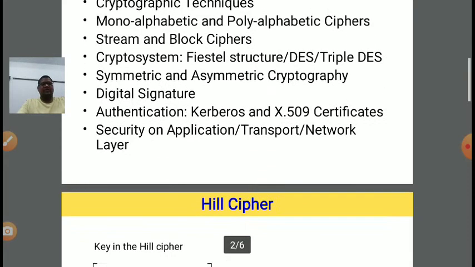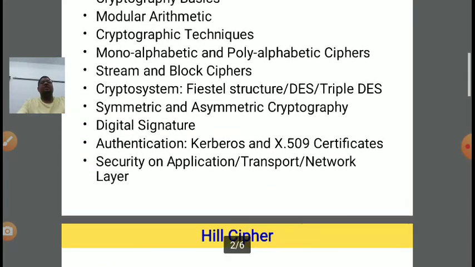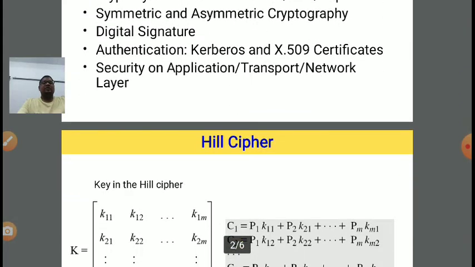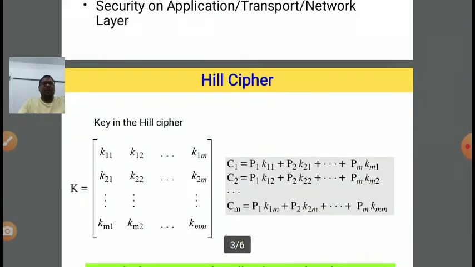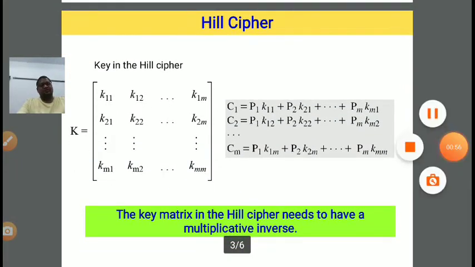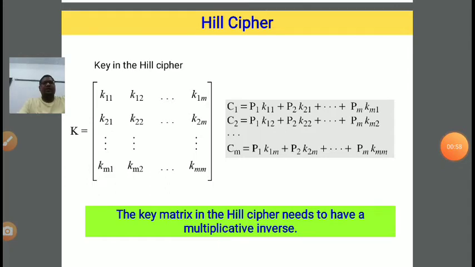So, in the previous lecture, we discussed in detail the Vigenère cipher. Vigenère cipher is a collection of various additive ciphers. Clear? So, in continuation to that, in today's lecture, we will discuss the Hill cipher. First, we will learn about the algorithm or basic concept of the Hill cipher.